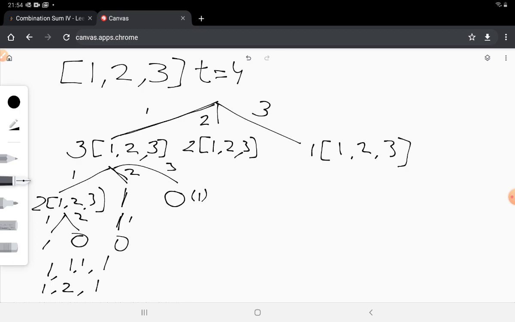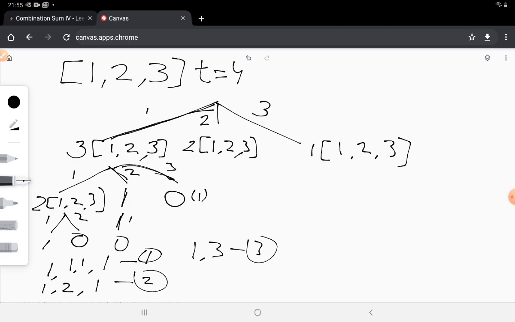Or I could choose 1, so this is first, second, or I could choose directly 3 after 1, so this is third, this one. So basically choosing 1 and then choosing 3. So 3 ways I found out that I can choose 1 as the first element and then choose subsequent elements. Now moving on to the second, let's say when I choose 2, so I have a target of 2 remaining.